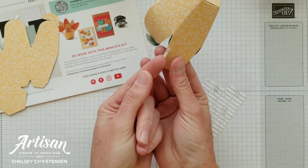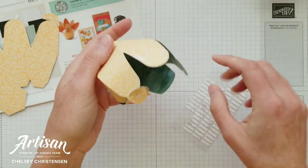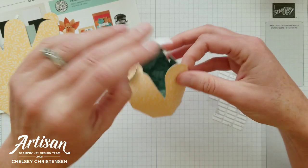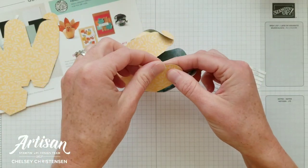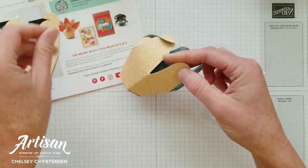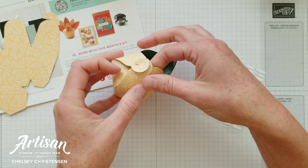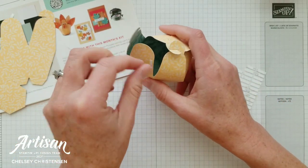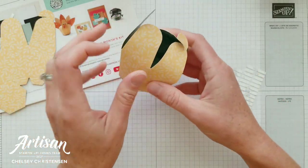So it's the edge that's going to be attached to the folded or linked sections. Okay, so a little adhesive. We'll see if this works. So that's going to get folded up and then attached, and then folded in and attached,